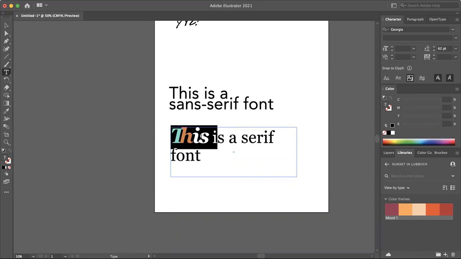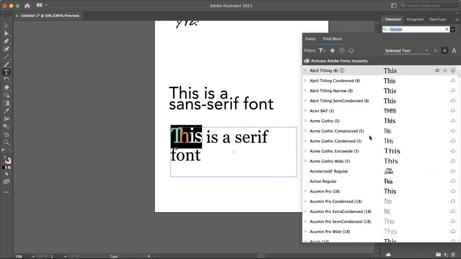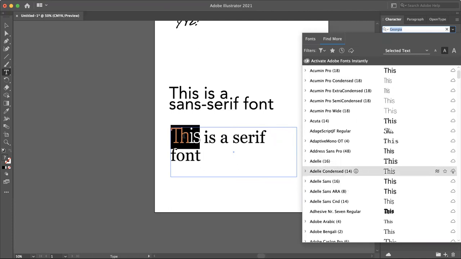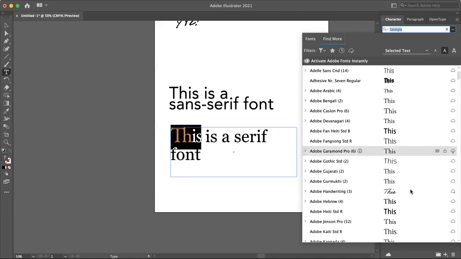I did want to show you also how you can get more unique fonts. So one of the websites that I use to download fonts from is dafont.com, and I'll give you a link to that in the learning module. But also I want you to know that you have access to a ton of fonts for free from Adobe. So if you come here and you look at all the different fonts, these are ones that are already downloaded onto your computer. But if you go to find more, these are ones that are available to you through your Adobe subscription. So as you can see, the word that I'm highlighting is showing up over here so that you can get a good preview of what it's going to look like.